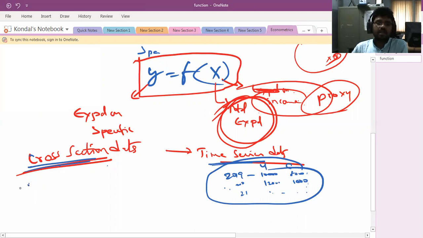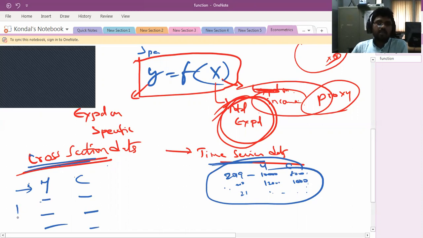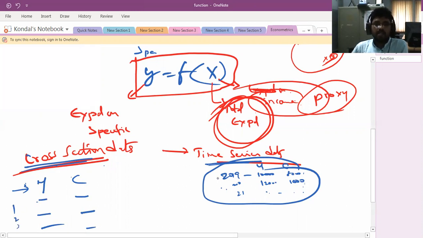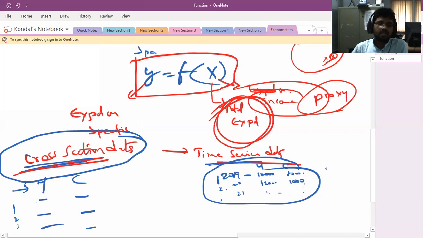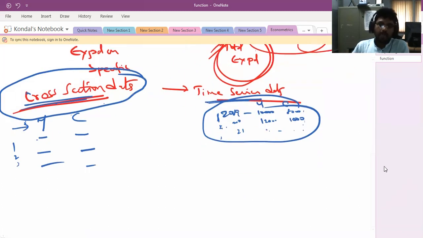This is called cross section data at a point of time. You may ask me also, what is your income, what is your consumption? If you ask your friend, what is their income, what is their consumption. Like that, persons will come as 1, 2, 3, but here years 1, 2, 3. This data is asked from only a particular person, a particular family. So this is cross section and time series. Basically the angle function will be applied for cross section data. The most important form is the regression model, the angle function in empirical studies.